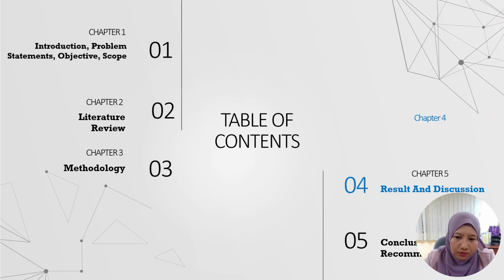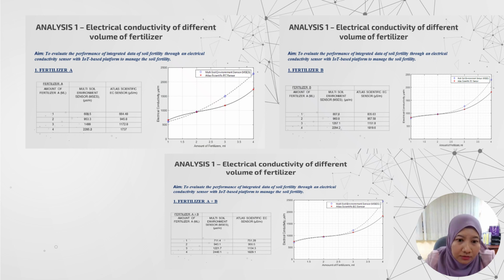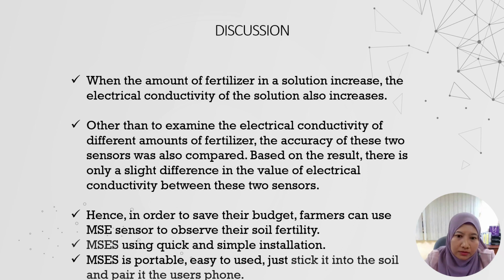Okay, for chapter 4, which is result and discussion. For analysis number 1, the effect of the different volume of fertilizer on the electrical conductivity. As you can see, this is the electrical conductivity for different volumes of fertilizer A. The second graph is for fertilizer B, and the third graph is for fertilizer A plus fertilizer B. So as the discussion, when the amount of fertilizer in the solution increases,